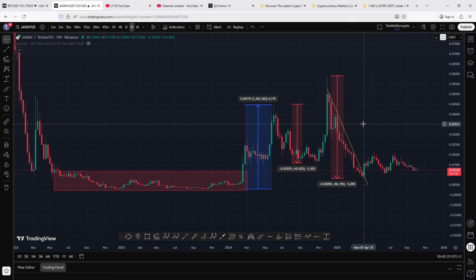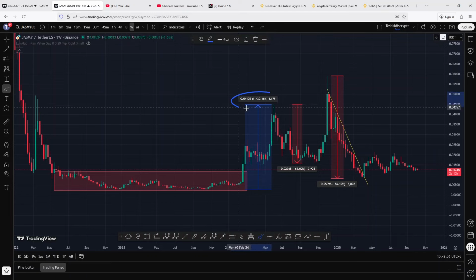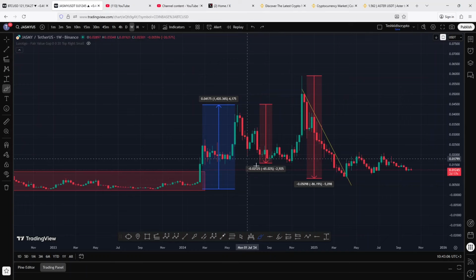And starting the video here on the weekly chart, you can see that after getting more than 1 year of consolidation, we finally saw our breakout in 2024 in a move that gave us a high above the 0.04447 mark, where you can see that at some point the market was up more than 1420.36% to the upside. And from the highs we made in June 2024, you can see that we got a bit of a pullback to the downside into the lows we made on the 5th of August, where the market was down more than